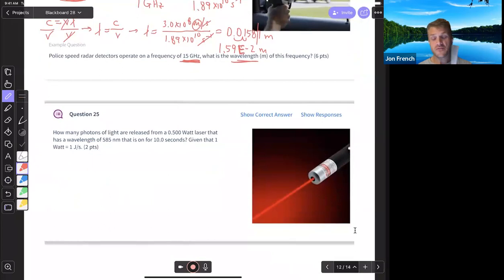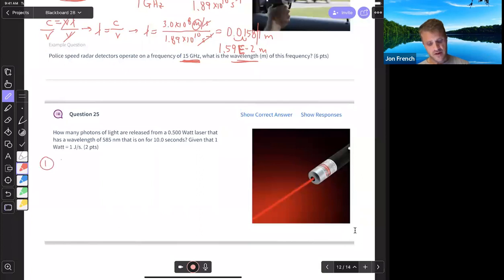So question 25, we've done a few questions like this in the homework, right? About energy of a lamp, this wavelength, how long it was on for. This is very similar to that. We've got a 0.5 watt laser, it's 585 nanometers, it's on for 10 seconds. How many photons of light are released? So